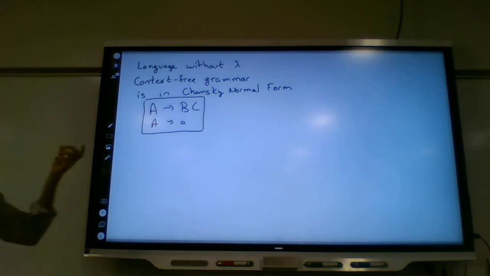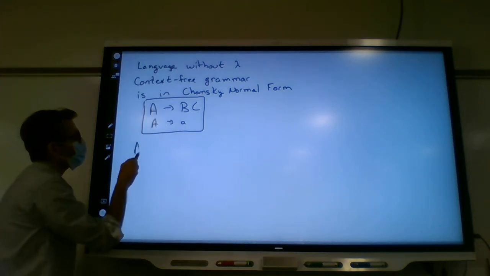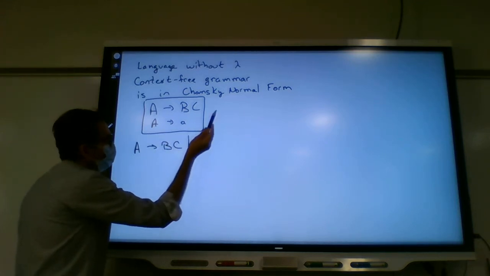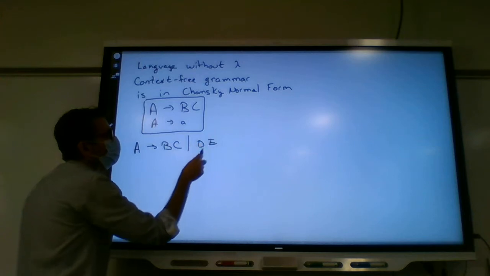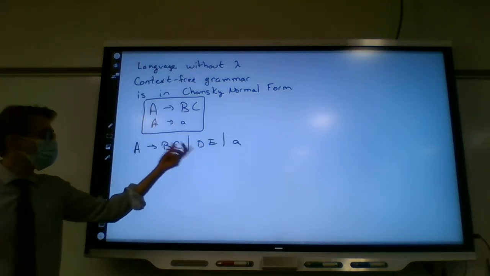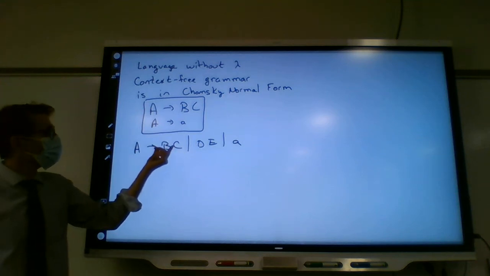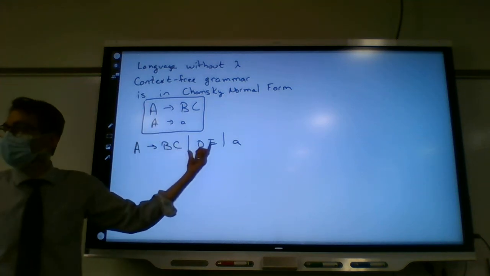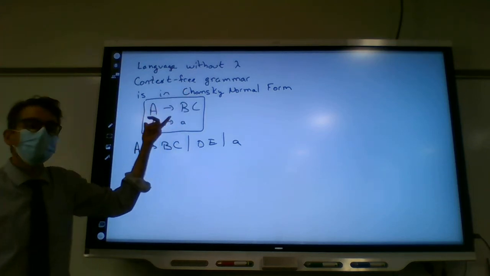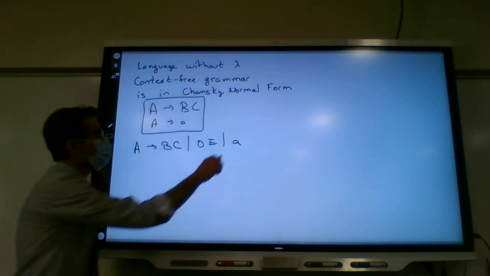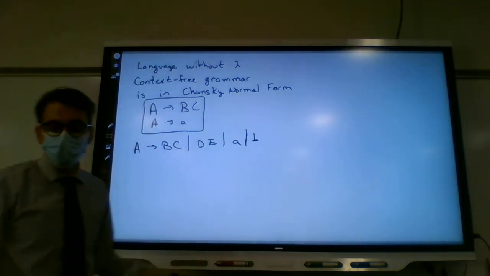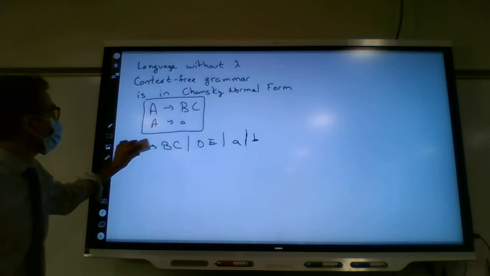At each point, and we might have multiple productions, we might have A being BC or being something else, DE, or A and then B, C, and D, whatever, these being something else. So we might have multiple productions in this form, but every production is one variable being replaced by two variables or a variable being replaced by a terminal, and it might be multiple terminals as well, right? So lots of possibilities. And so the idea here